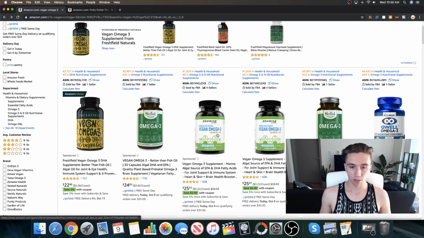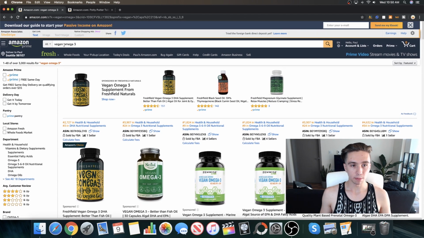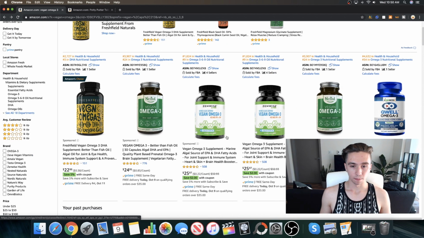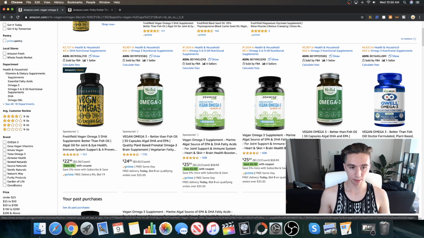And what stood out to me is that I was looking for an EPA and DHA supplement. I think I actually searched vegan EPA and DHA. Now, you don't need to know what that is to understand that someone that is looking for that would want to know that is the compounds that are in there. So this one just says omega-3. I don't actually know the source, and I don't actually know the milligrams of either of those. So right here, this one's DHA and DPA. I can see that on there. I would be probably second best to get this one.